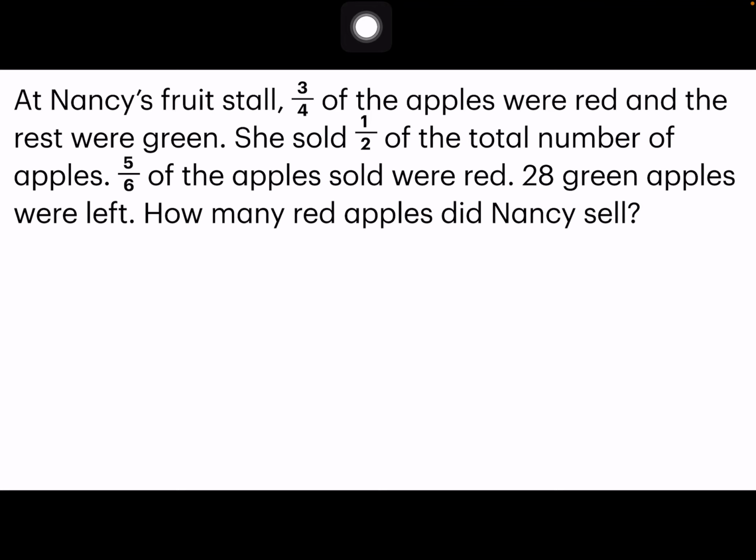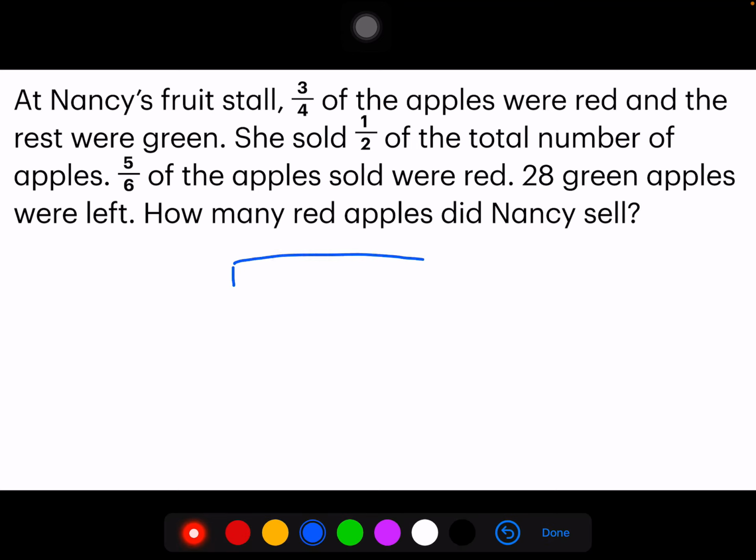At Nancy's fruit store, 3/4 of the apples were red and the rest were green. So I will draw my model representing 3/4 that are red, and then the last part over there is green. She sold half of the total of apples. The second part, half of the total of apples, I'm going to draw at the bottom